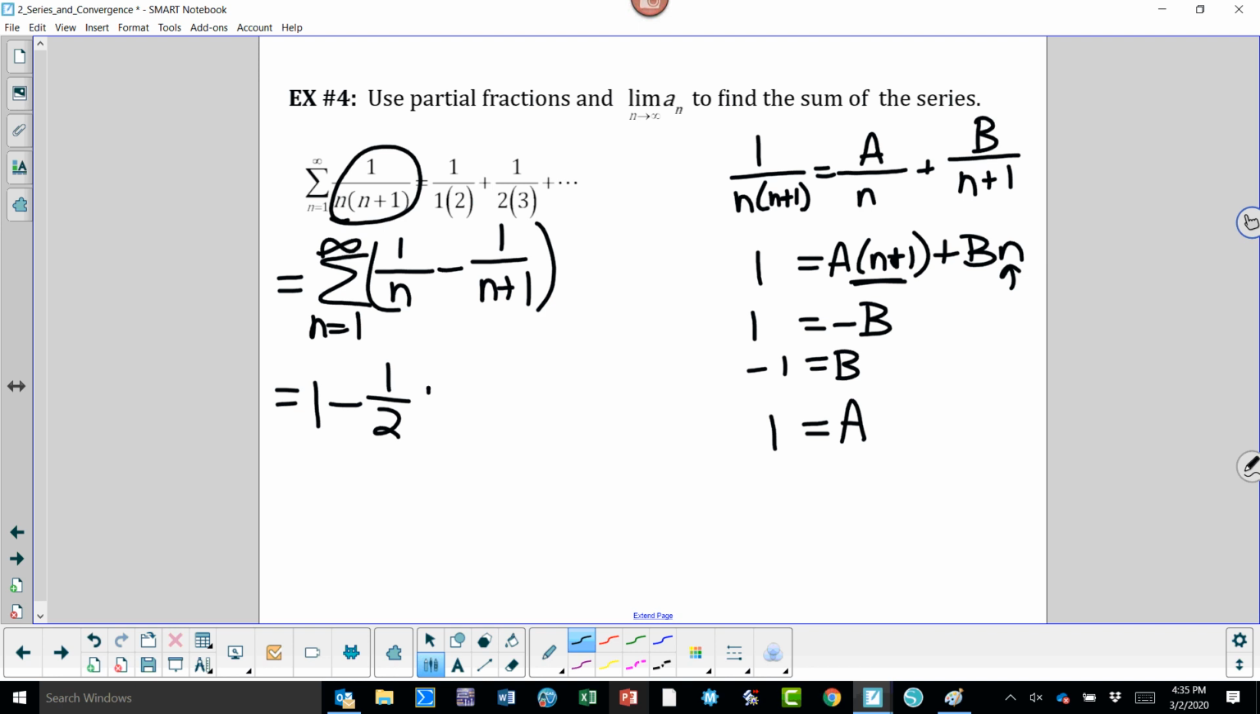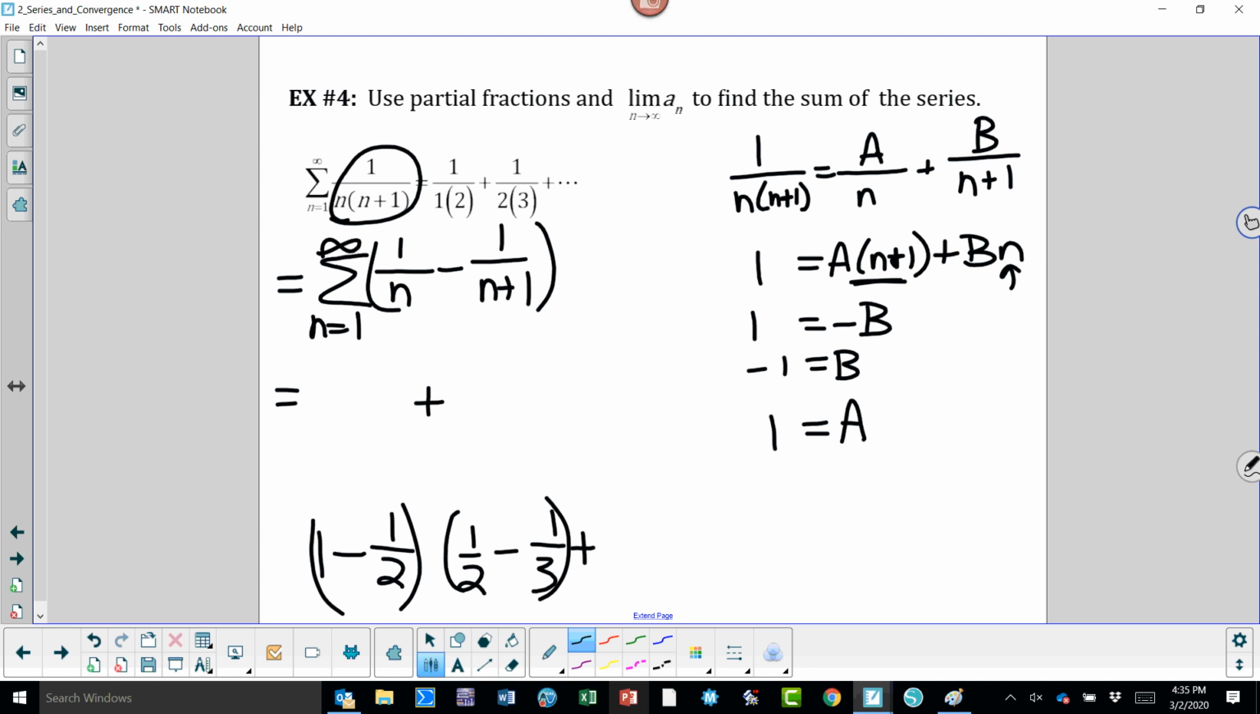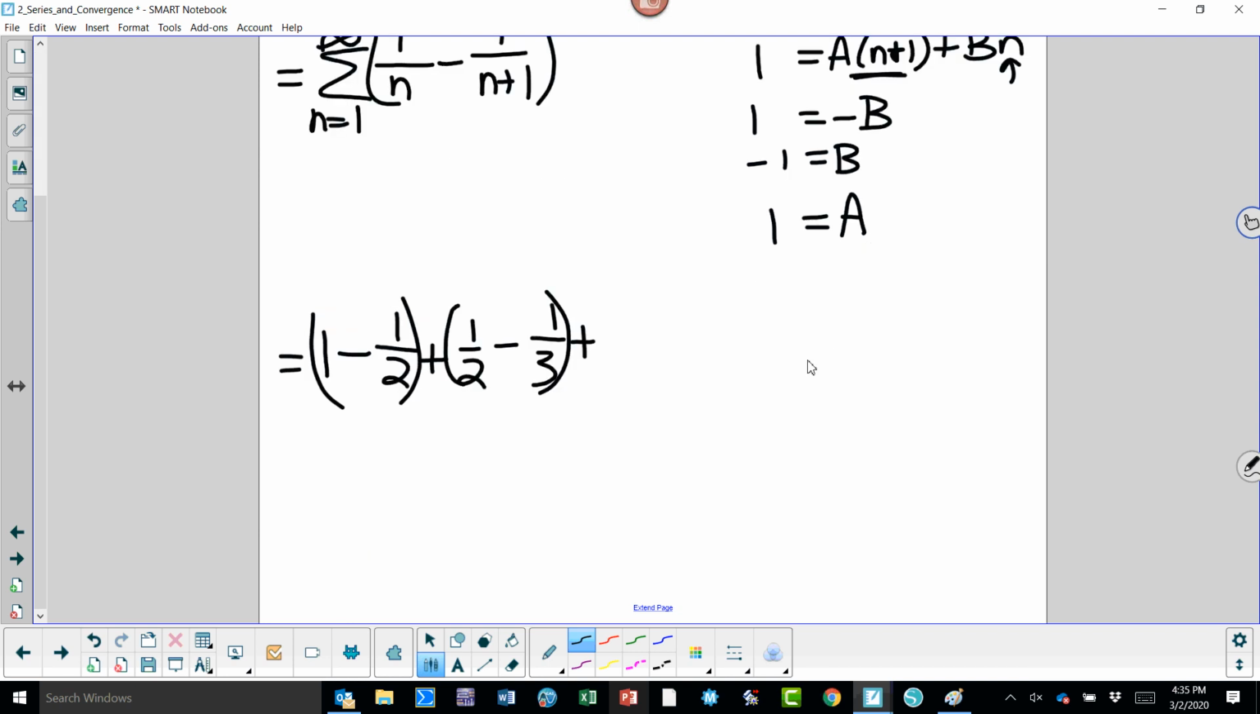And then plus, because this is a summation, now I plug in 2. So I'll have 1 over 2 minus 1 over 3. And then I'll have plus. And I'm going to put these in parentheses just so you can kind of see what we're talking about here. And I should have written this lower, so I'm going to move it down so that you can see all of this written across better. So let me extend the page. Okay, so then if I do the next term,